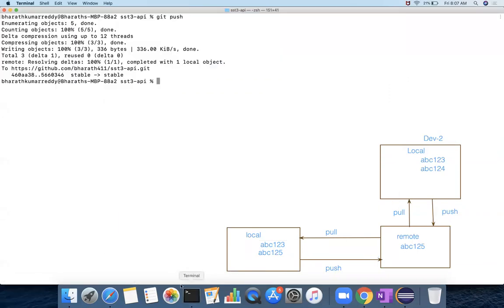It does not ask me for credentials because they're already saved. For you, the first time, it will ask for credentials at that point. If you give the correct email ID or the Git username, then only it will be successful. Any questions here?